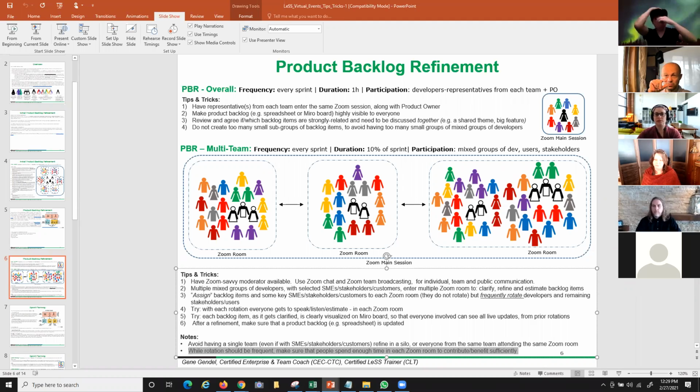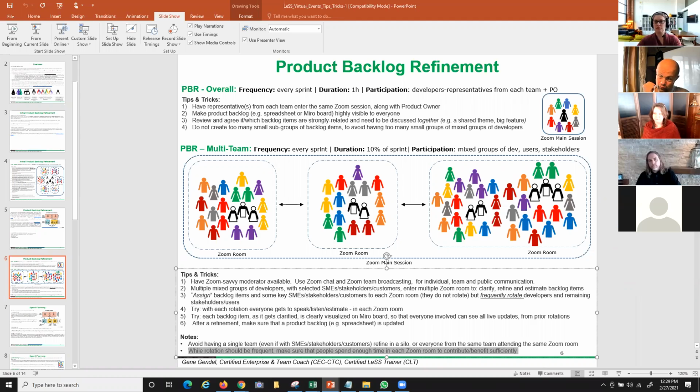We are not at sprint planning meeting yet, where you may potentially have a product owner restate a sprint goal, which is not explicitly recommended in LeSS, but on demand it could be done. I think personally, as a coach, it's a good practice for the PO to continuously remind his product group, his teams, of his or her intentions for the upcoming sprint. But since this is just a refinement session, we're not necessarily discussing explicitly strategic product goals or more tactical sprint goals,